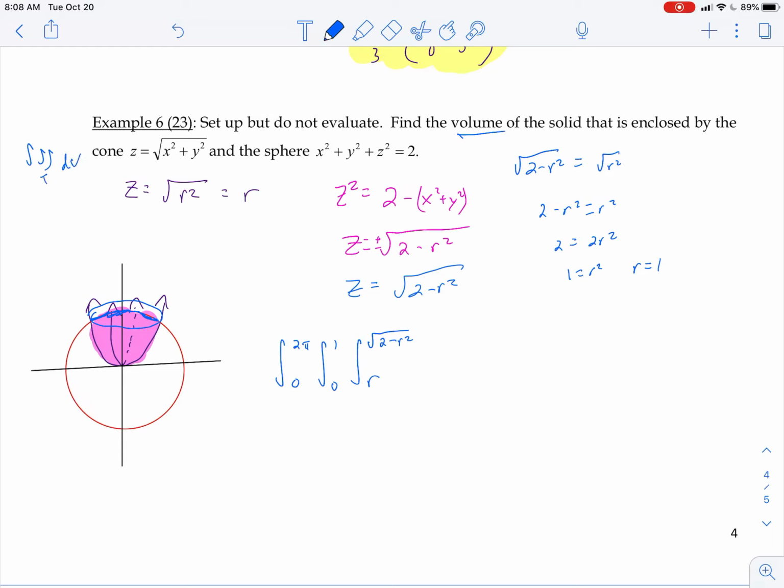And then all we need to do now is just write in the integral, because again, we're looking for volume, so it's the triple integral. And so our dV is going to be r dr d theta with dz, so dz dr d theta. And again, we don't